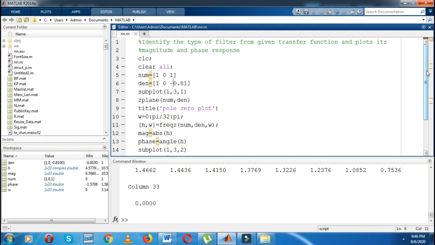Like this you can identify the type of filter from a given transfer function, and you can plot the magnitude and phase response of that transfer function. I hope now you understand.